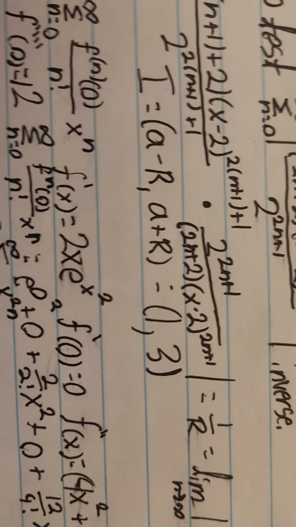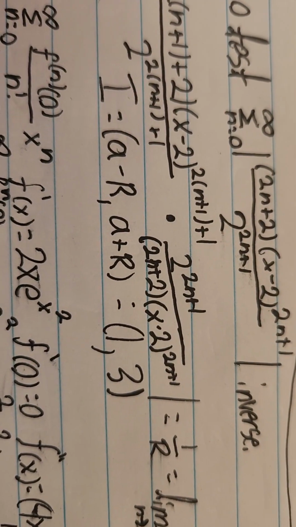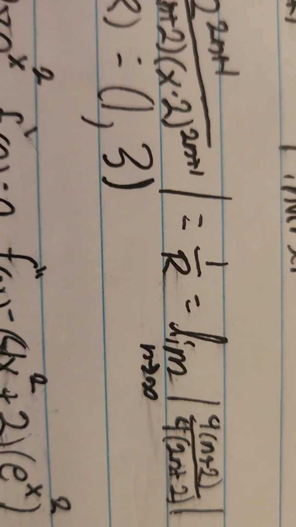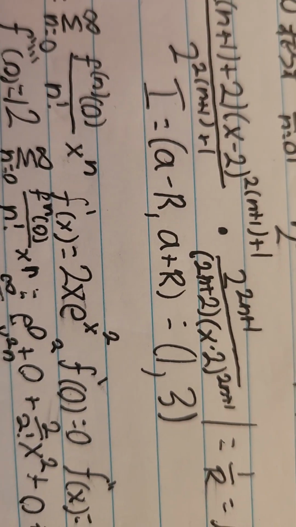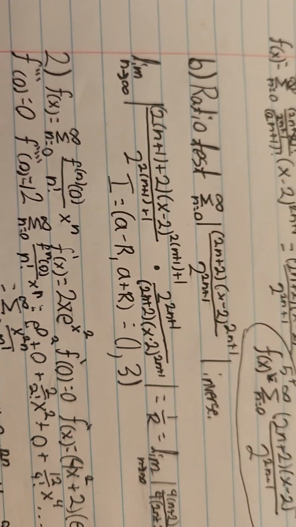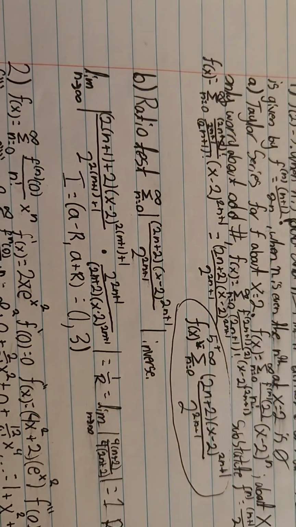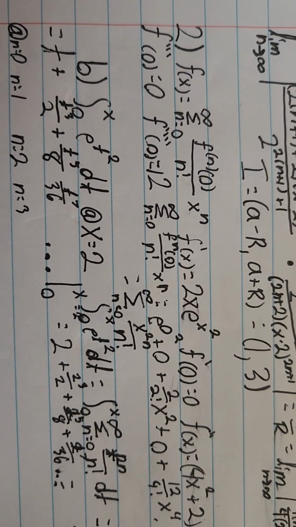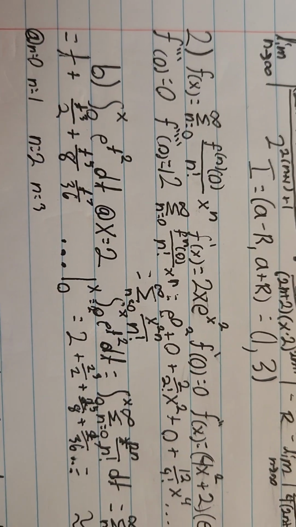And then for your interval, you take your a, which is 2, minus r, which is 1, to get 1, and then you take your a plus your r to get 3. So the interval of convergence for this series is 1 to 3. Number 2, we got f of x equals the series